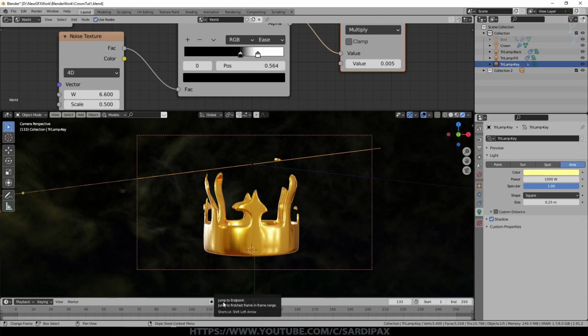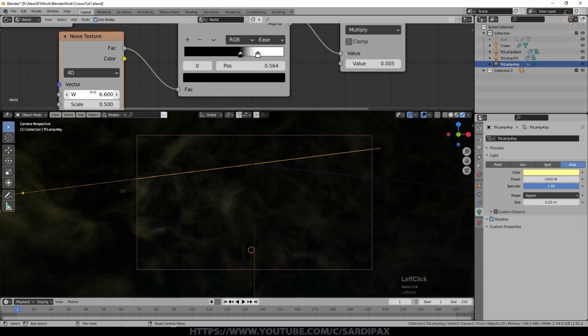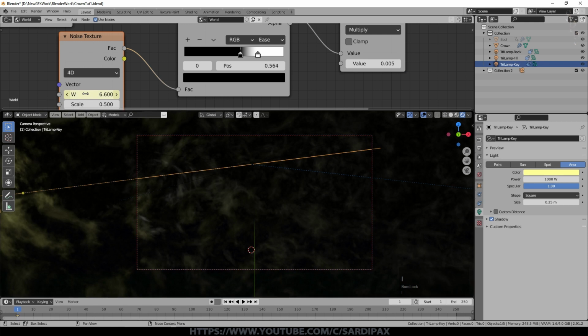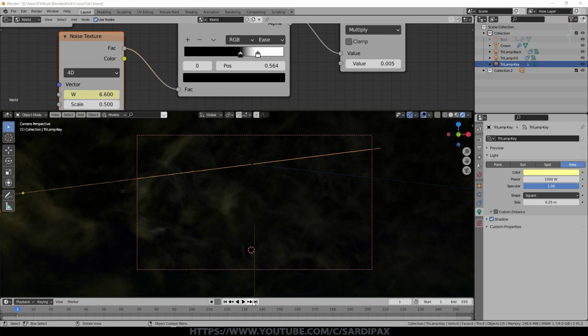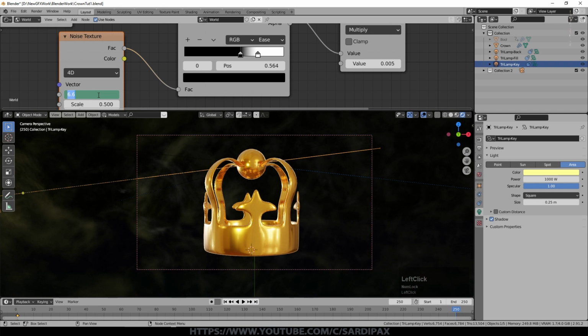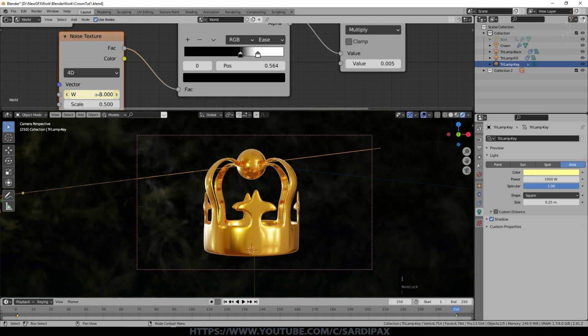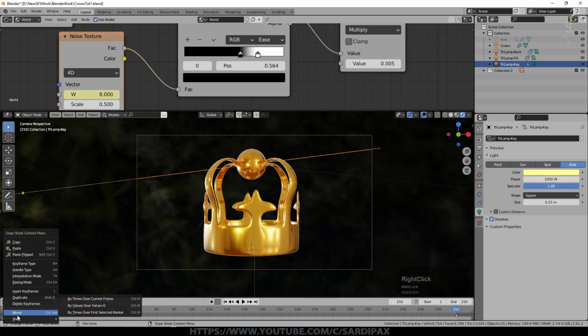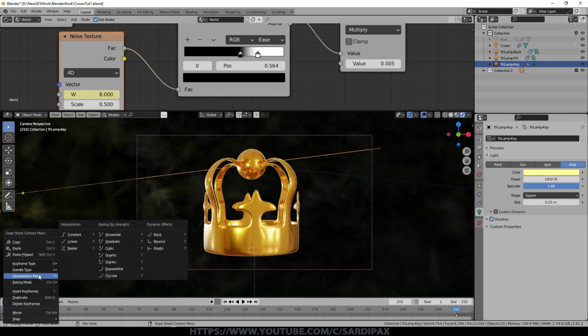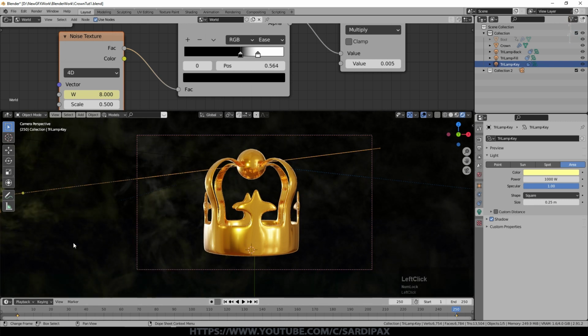The other thing is you can animate that background by, if I go to the beginning of the animation frames and I hover my mouse over the noise texture, I made sure I've got that box selected as well, and then press I and record that position, and then I go to the end of the animation and I add 1 or 2 values to it. So let's say make that 8 and press I again. The other thing you want to do is not use the default Bezier, because otherwise it will be effectively static to begin with, it will then speed up and it will slow down again. So we want to just right click that little keyframe point there, go to interpolation mode and select linear, and now it'll be the same speed throughout.